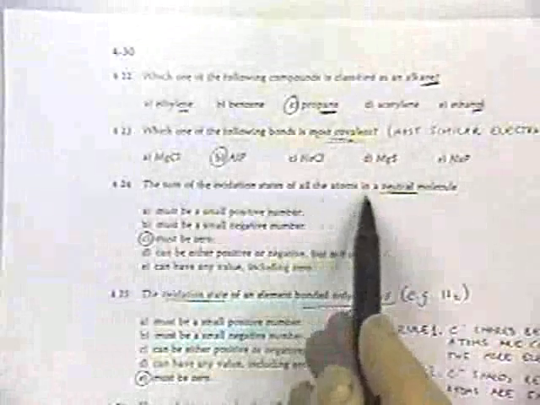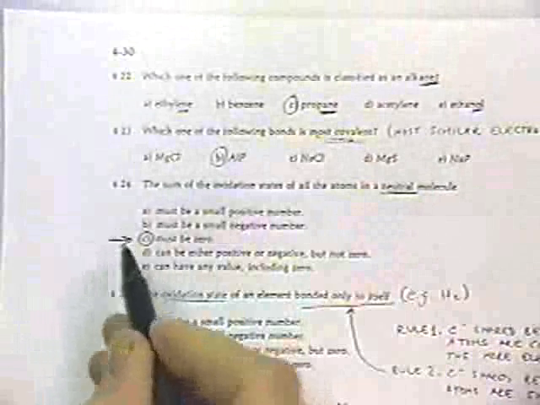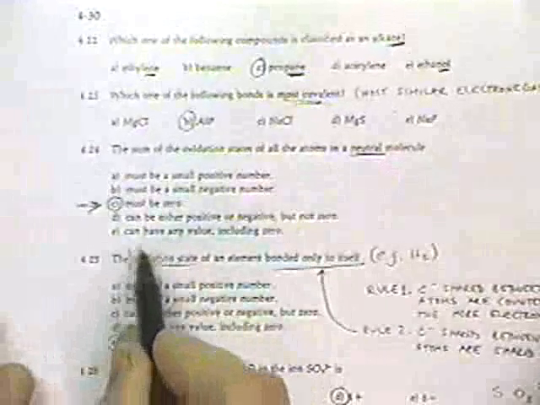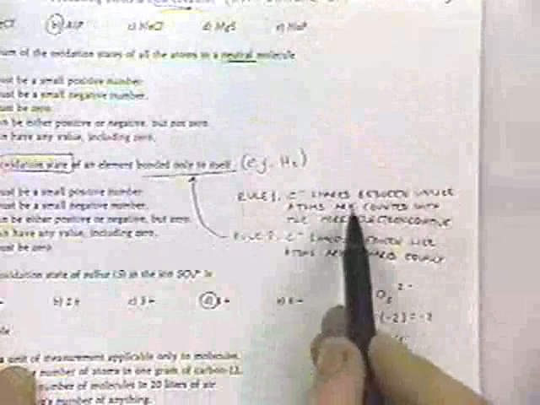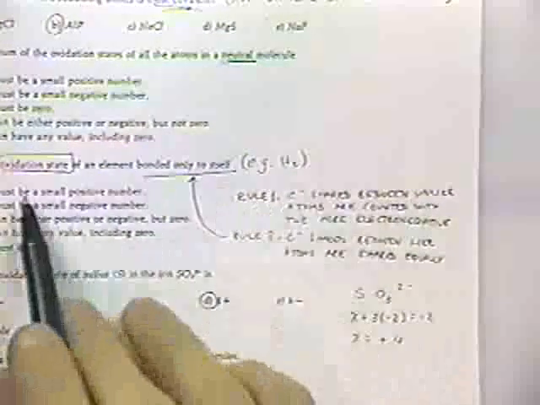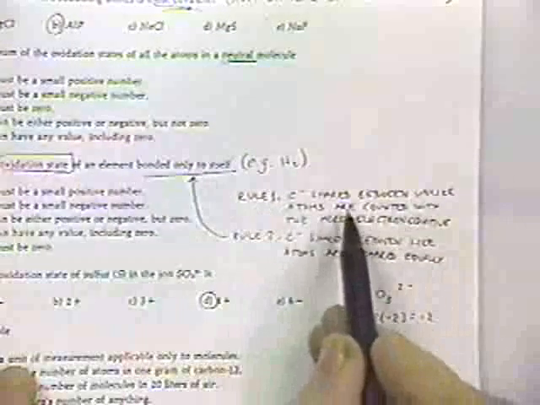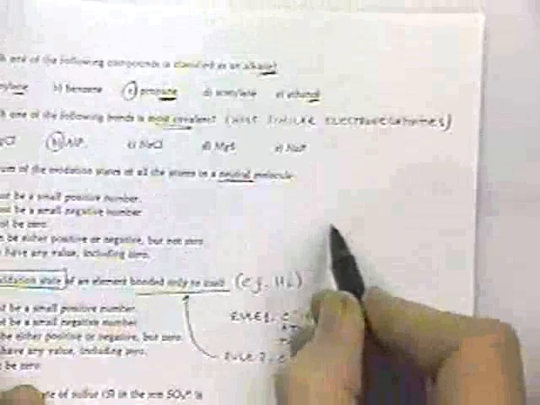Okay. The sum of the oxidation states of all the atoms in a neutral molecule must be 0. And this is a topic I really haven't spent any time on, but I'll give you a quick primer on it. These are the rules for the oxidation state. You have a covalent bond, but by the formalism of the oxidation state, you put all the electrons onto the most electronegative atom. So, for example, if I had